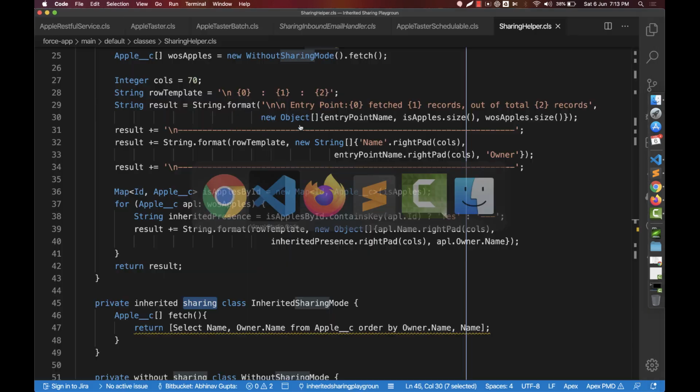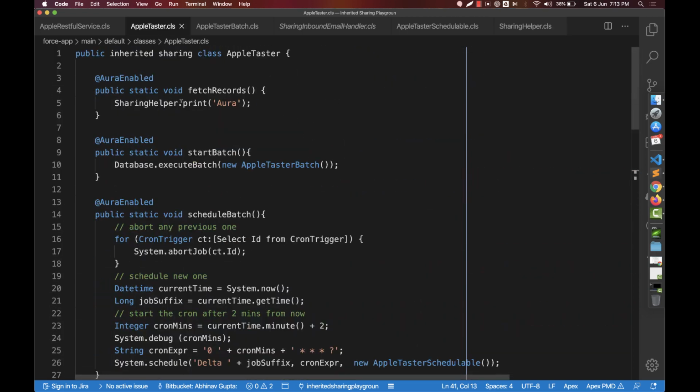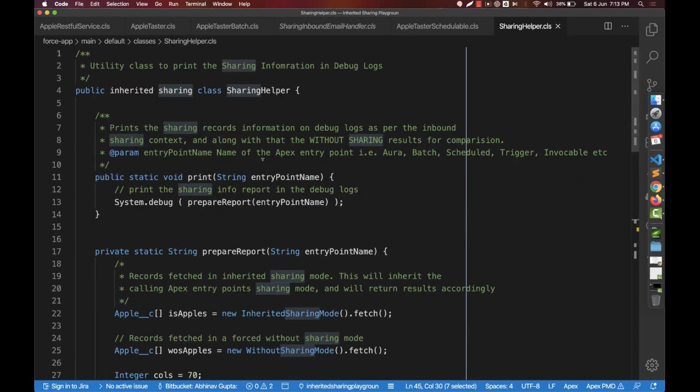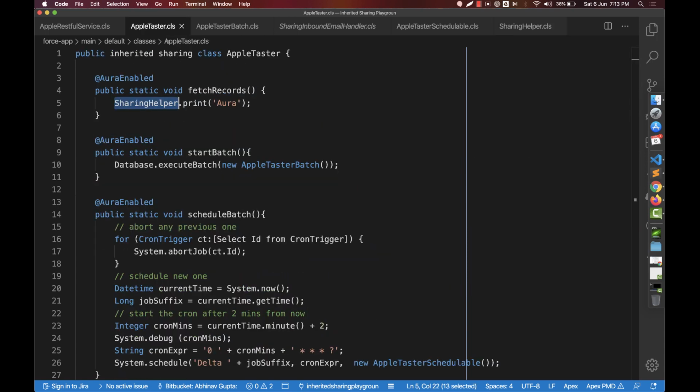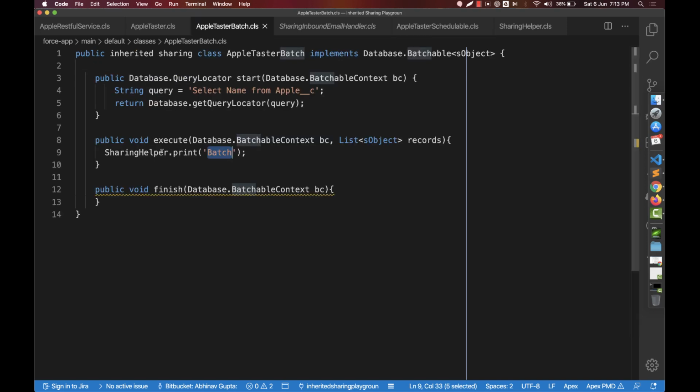If you want a quick peek at the aura component and the logic, this is the fetch records method, and it is calling the sharing helper, this class which I showed here, the print method, and it is passing the context as aura. Similarly, I will show you more pieces of code, like we have a scheduled example. Everywhere we are using this sharing helper and passing the context. There is a batch job coming up as well, which will also call the same method, but pass the right context.